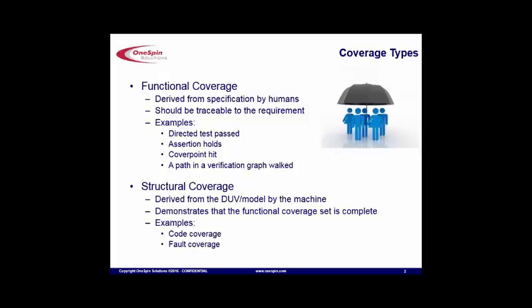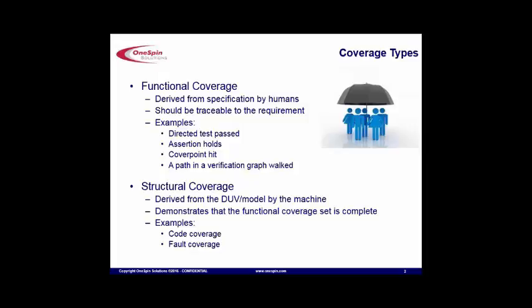That's important. Examples for functional coverage: for directed tests, fast assertion holds, we have our coverage points, and maybe once the portable stimulus working group, the new Accellera group, defines a nice portable stimulus definition, we might also have a path through a verification graph at some point as a